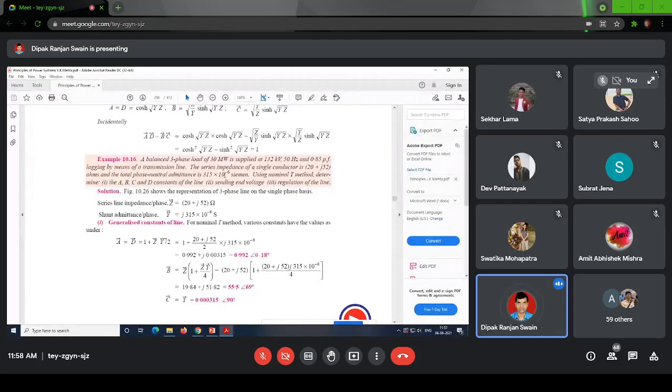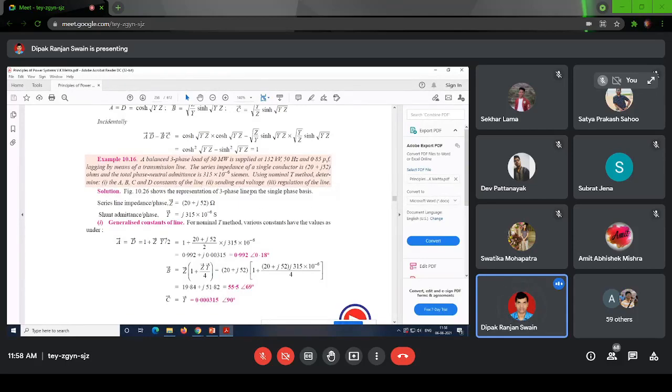Total phase to neutral admittance is given, so the Y parameter is given, and the series impedance is given directly in R plus jXL form. R is 20, jXL is 52, and it is given for the single conductor, so you don't need to multiply by the kilometer. It is given for the whole length. So using the nominal T method, determine the ABCD parameters, sending end voltage and receiving end